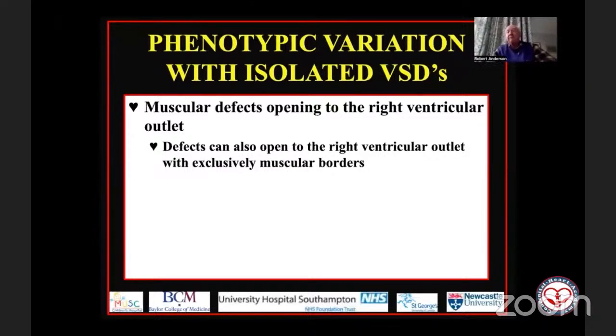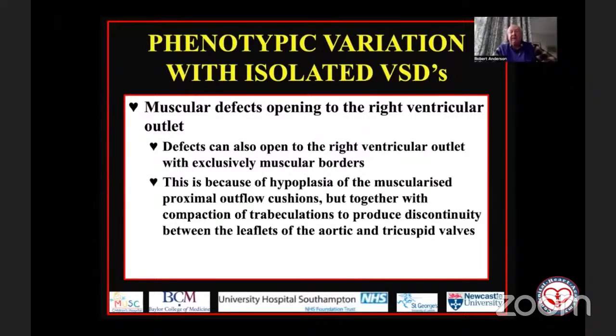And that is because the outlet of the right ventricle is formed by yet another mechanism, by muscularization of the proximal outflow cushions. And then when we have a muscular outlet defect, it is because those muscularized cushions have not fused properly with the apical part of the ventricular septum. But what we're going to see, we can also have hypoplasia of those cushions,